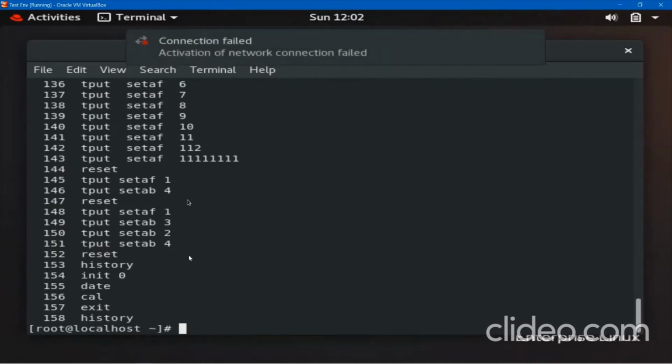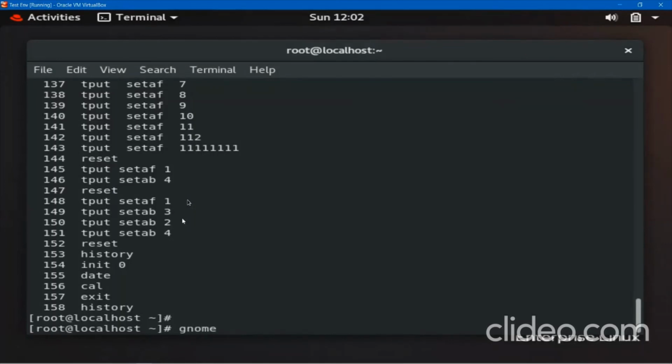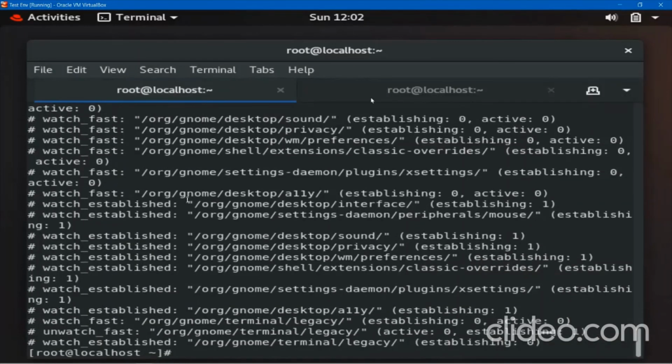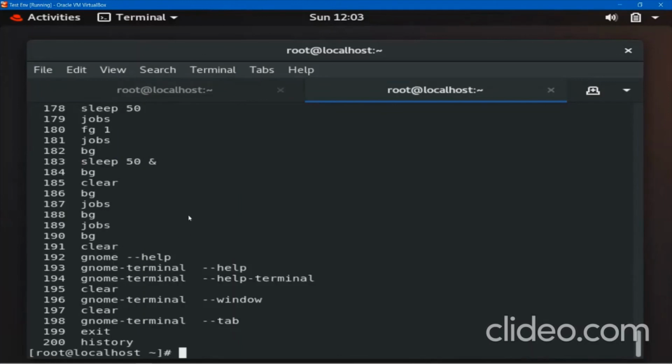So now this is the tab which I opened in the previous video, and if I again open a new tab with gnome-terminal --tab, this is the second tab for now. If I go to the second tab with Alt+2 and do history, here you can see today's commands.